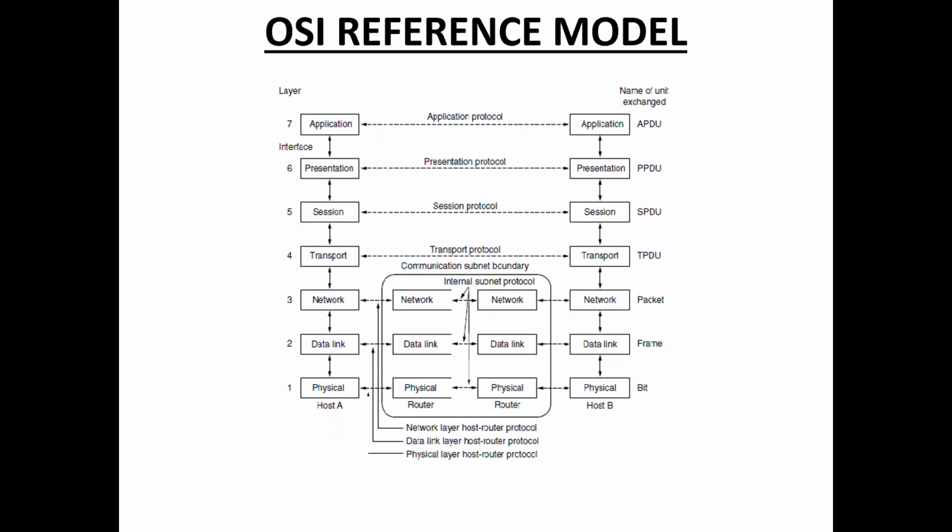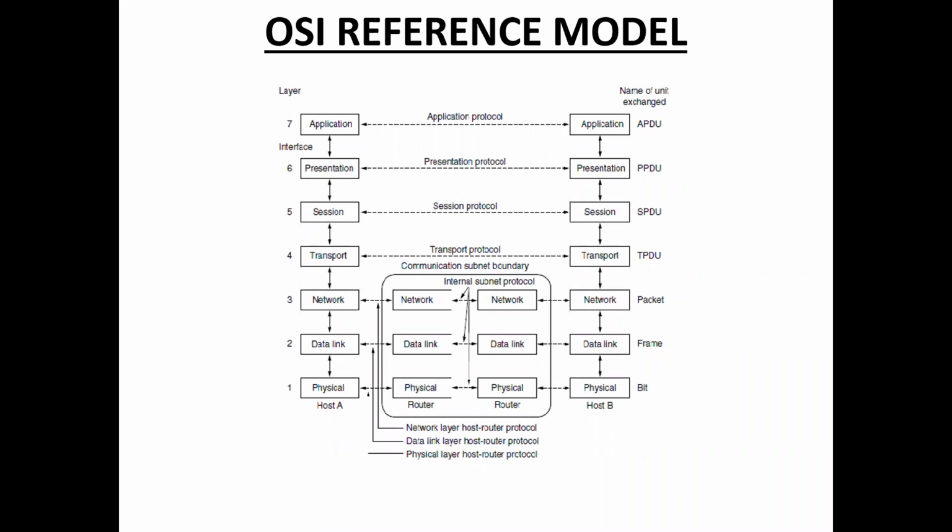And next one, network layer. This network layer works for transmission of data from one host to another host located in different networks. It also takes care of packet routing, that is, selection of the shortest path to transmit the packet from one node to another node. Here routing means the selection of the shortest path. So the main functions of the network layer are routing and logical addressing.